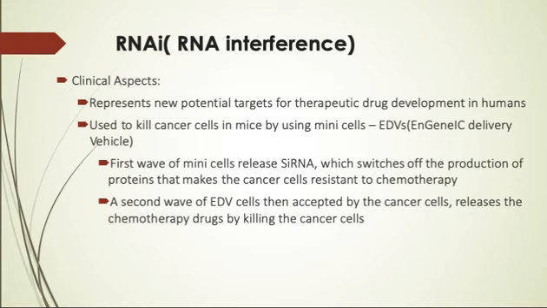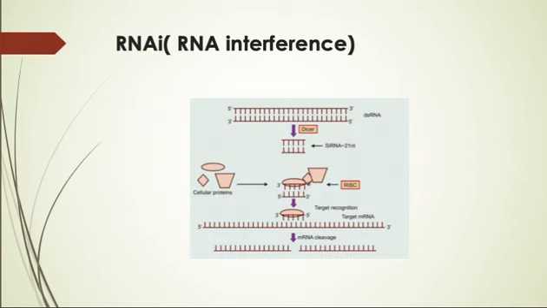So the first wave of minicells releases the siRNAs, which switch off the production of the proteins that make the cancer cells resistant to chemotherapy. Then a second wave of EDV cells, accepted by the cancer cells, releases the chemotherapy drug, killing the cancer cell. Okay, so in the next slide we can have a look at how RNAi helps in cleavage